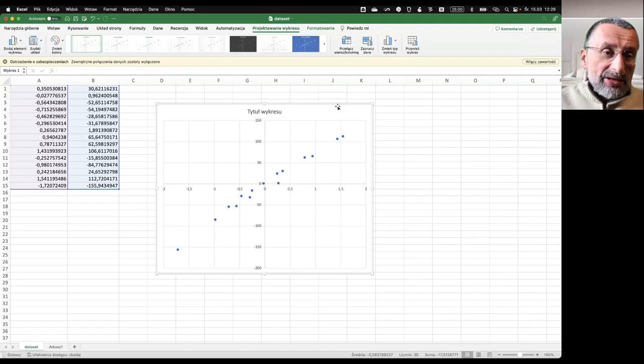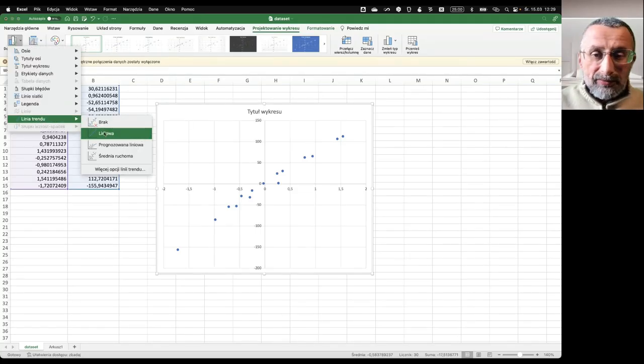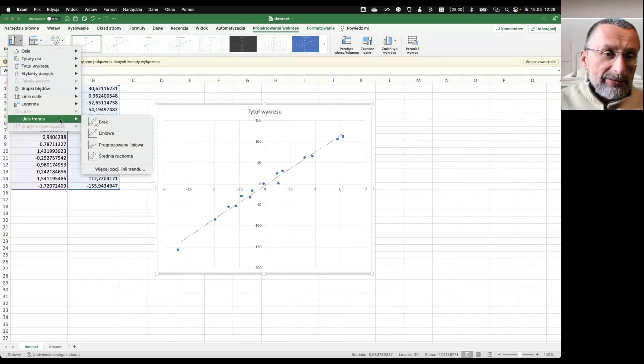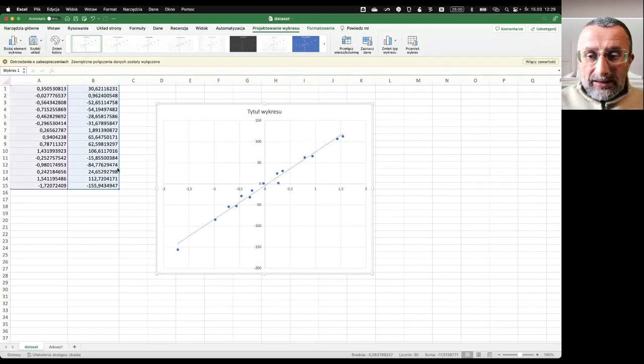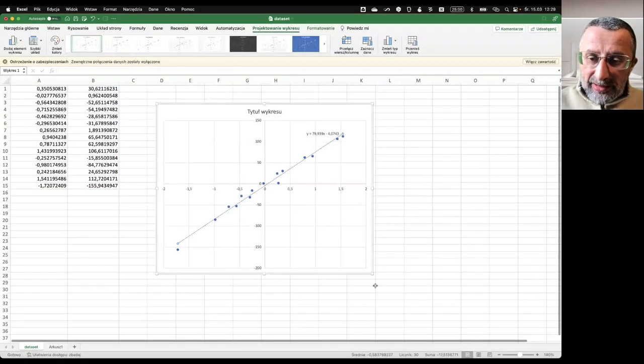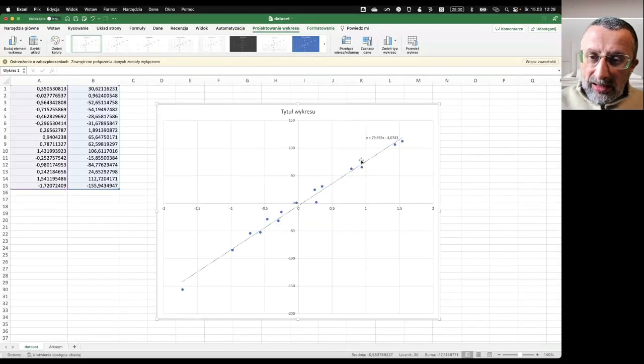Okay, but let's continue. Now what I'm gonna do, I will just simply add a trend line, and I'll also supplement this with the equation. Yep. And now I will try to defend the statement that this line with this equation,